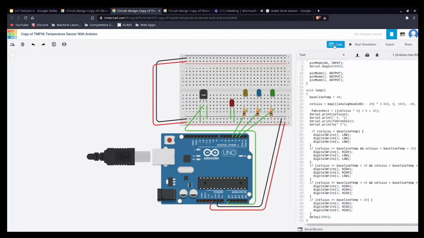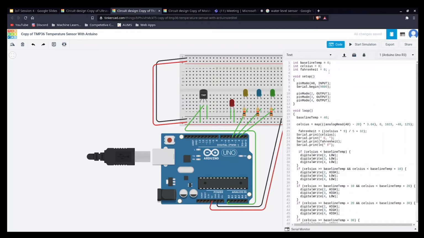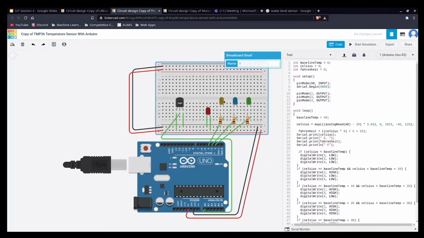Let's go to the code part. All right, we have a bit long code here. So we are declaring 3 variables, baseline temperature. We are using them for checking the range. We have 3 outputs, so we are taking 2 conditions.